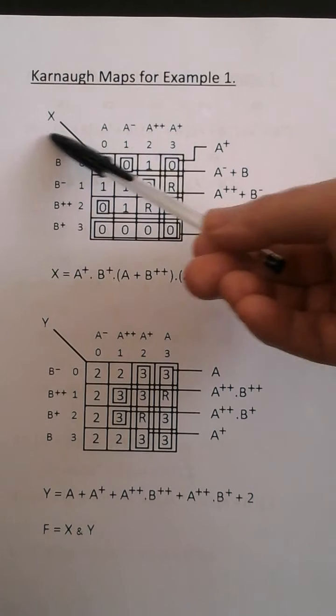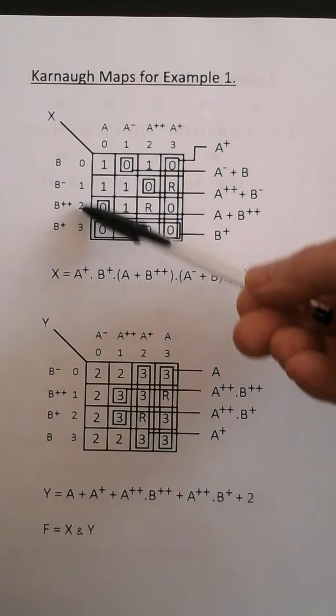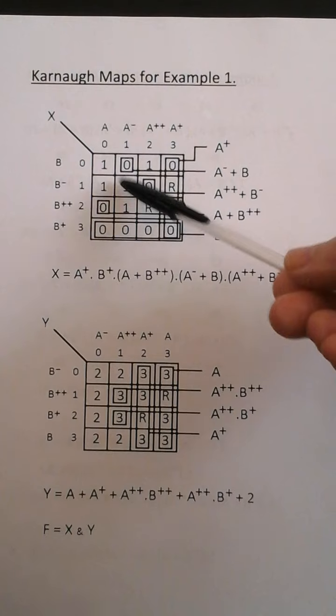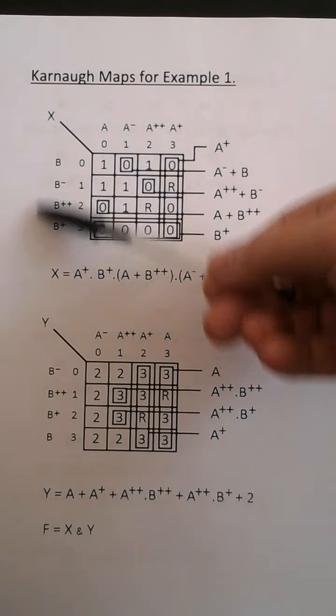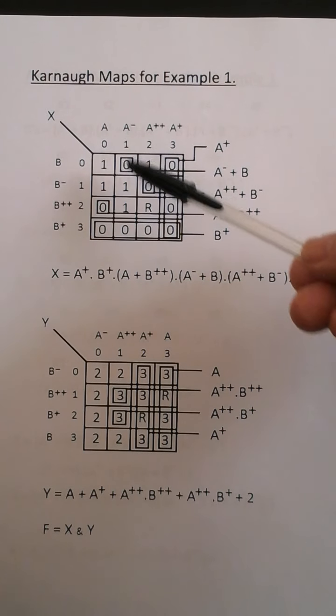This is input A, this is input B. These are the coordinates of the counter maps for A and B. So this coordinate is a 1 at A equals 1 and B equals 1. You get the unary operators by saying to yourself, what do I have to do to a 0 to get it to